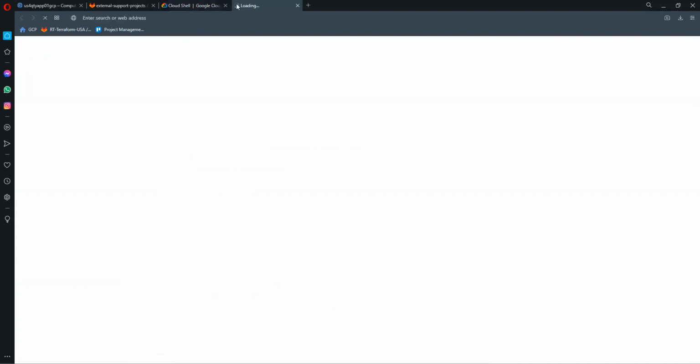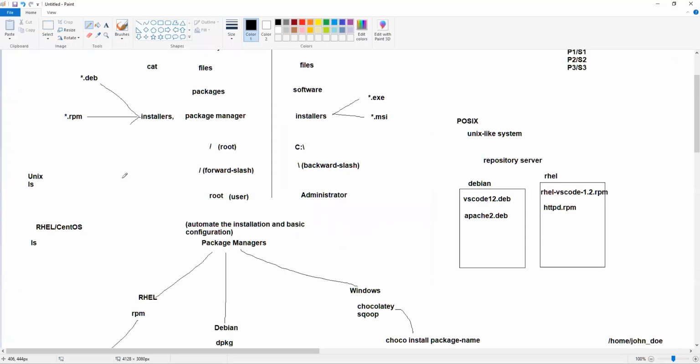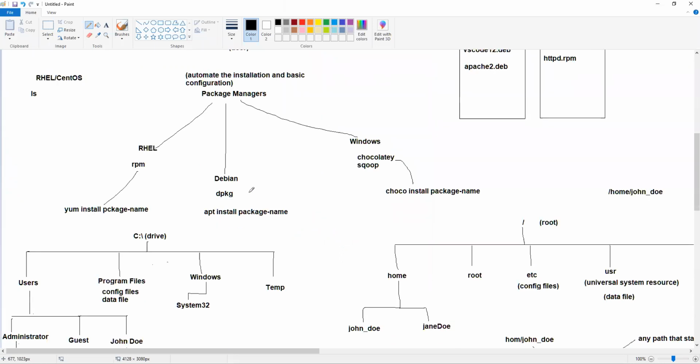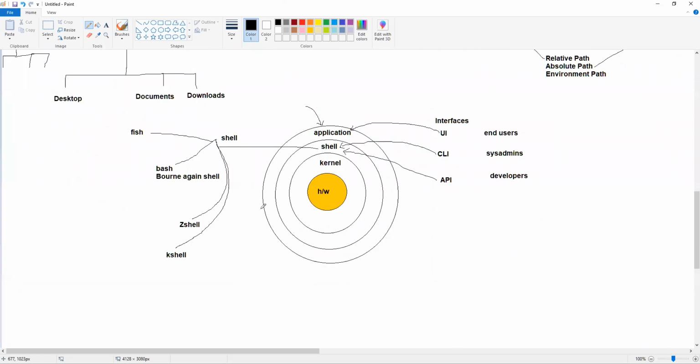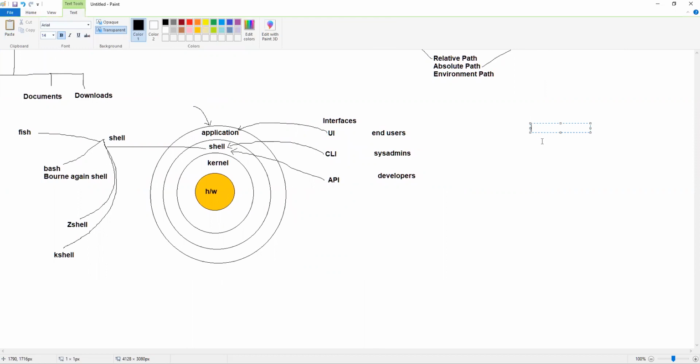Yes, let's launch that. I don't need this one now, I can close this one. My Cloud Shell is coming up. So this is just a machine, a server, and it is a type of Debian. We know that there are different families, so this is going to be Debian. It's not Ubuntu, so don't get me wrong. Ubuntu also comes from the Debian family, but Cloud Shell that we are using